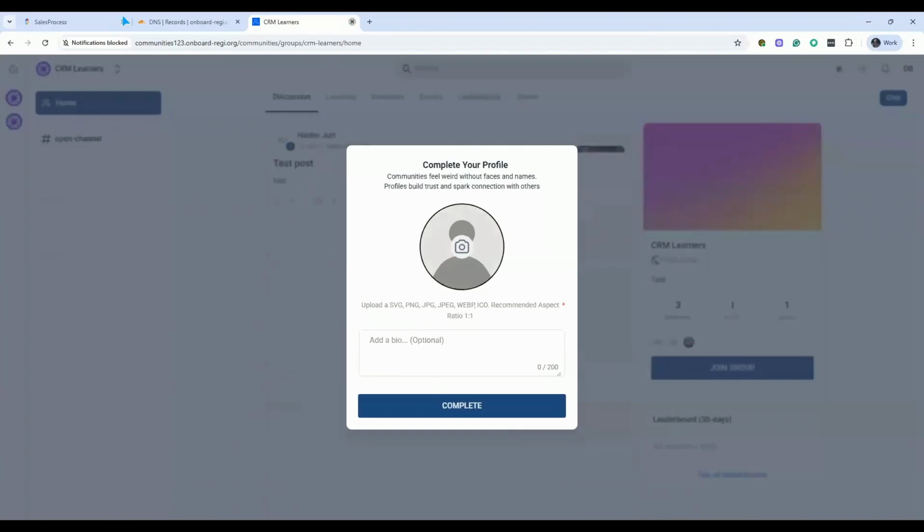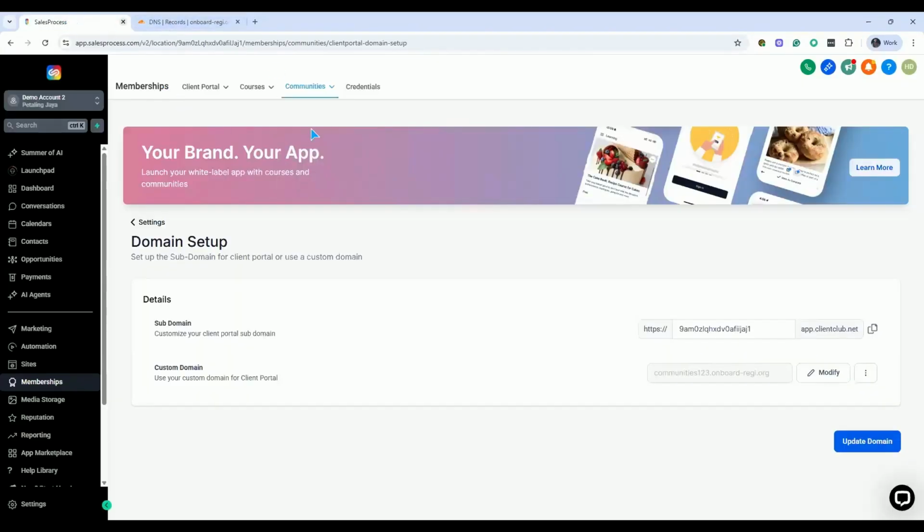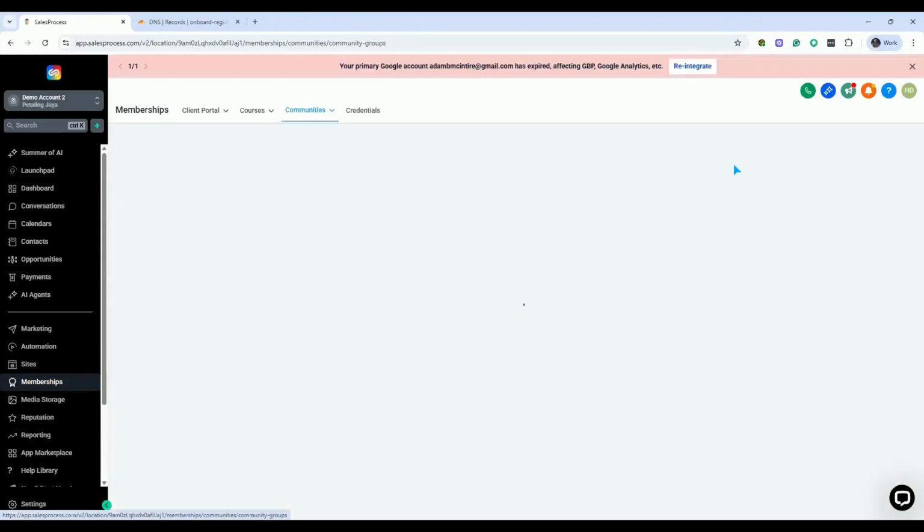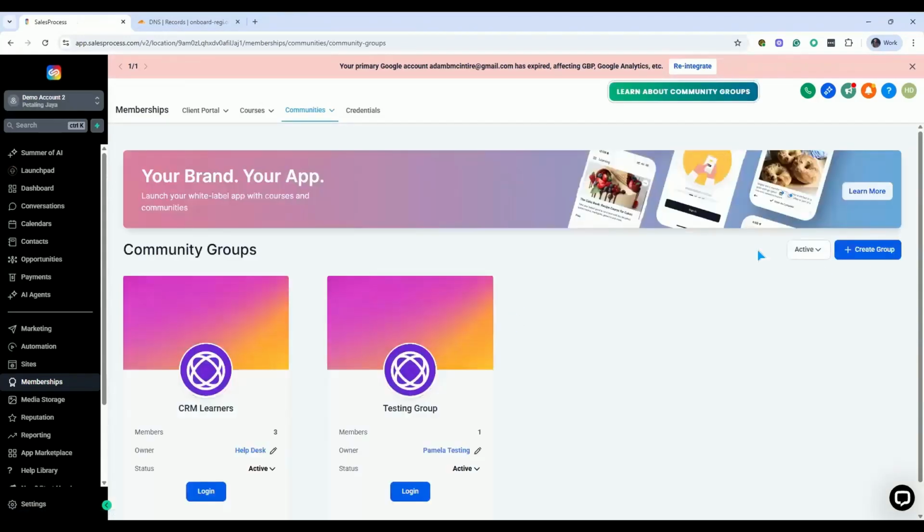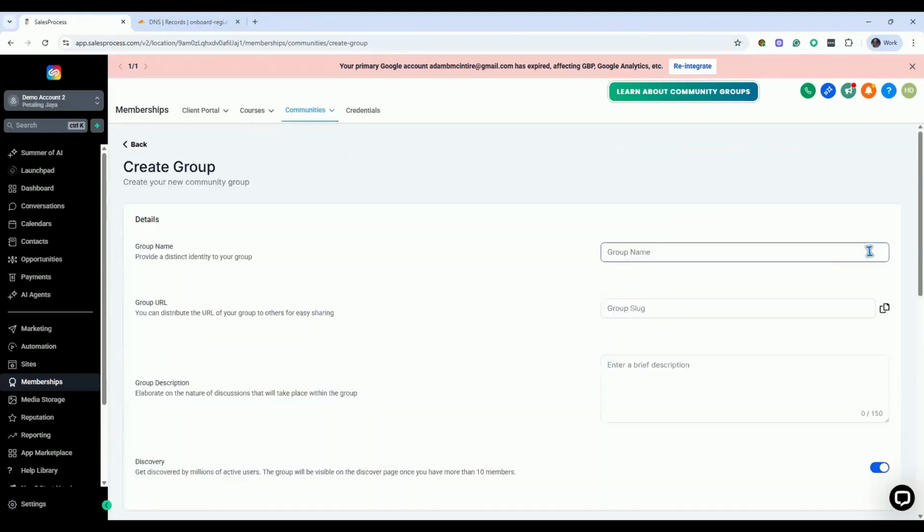Okay, let's get back to the communities and let's create a new group and let's see how to create that. For that, in communities, under groups, click on create new group. We'll ask for these details. What is the name of the group? I'm gonna call it demo test group